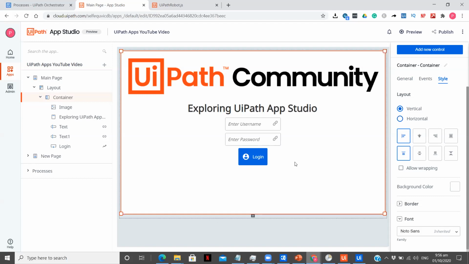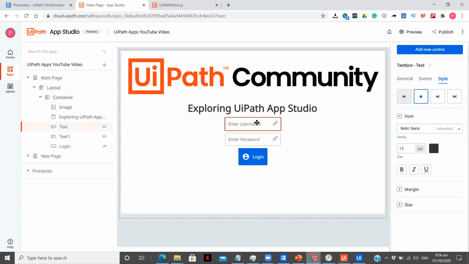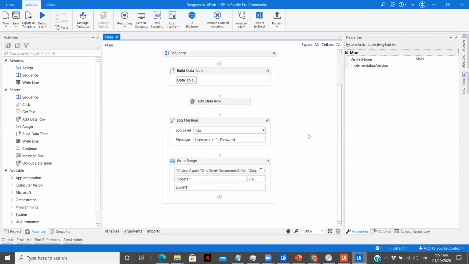Now, for this, we need to publish a UiPath Studio process in our orchestrator to save this data. So now we are going to see how we can build a UiPath Studio workflow, how we can put it on orchestrator, what are the configurations required, and how we need to do that. So we are going to see all those things now. So this is the simple app, as you can see. Now let's go to our UiPath Studio. So this is my studio.